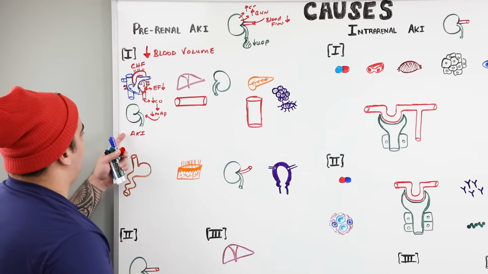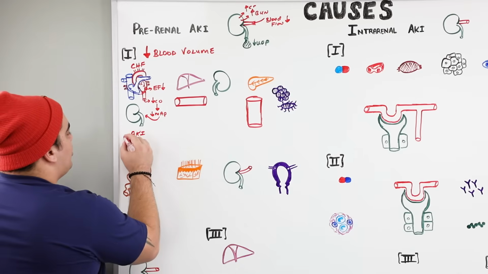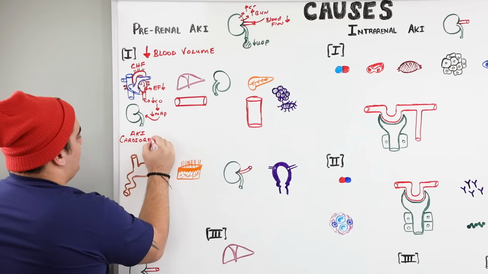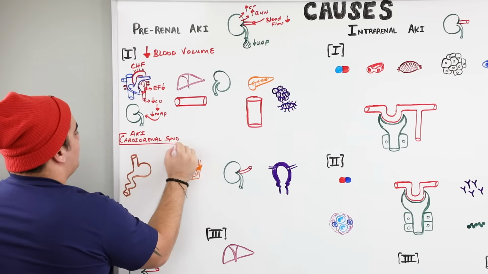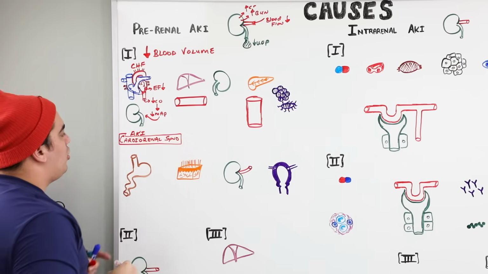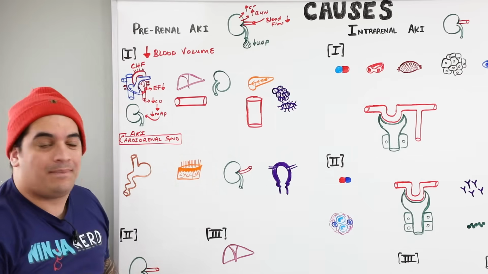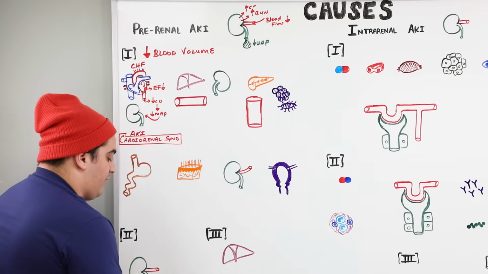We give a particular name to this whenever the heart is responsible for this AKI. It's called cardiorenal syndrome. I want you guys to remember that. Cardiorenal syndrome is when a person has some type of cardiac cause, usually CHF, that leads to this AKI. Okay, beautiful. What's another particular cause where you have a decreased total effective arterial blood volume?